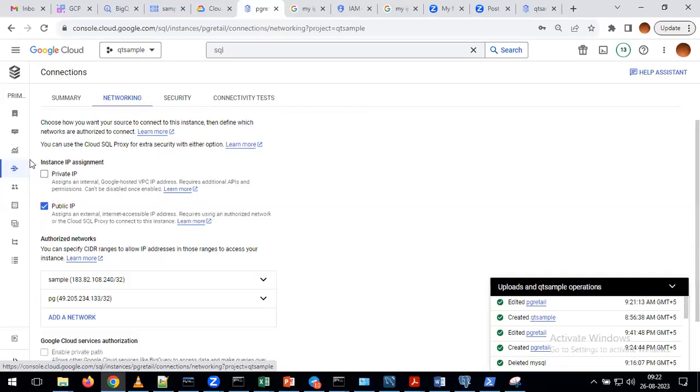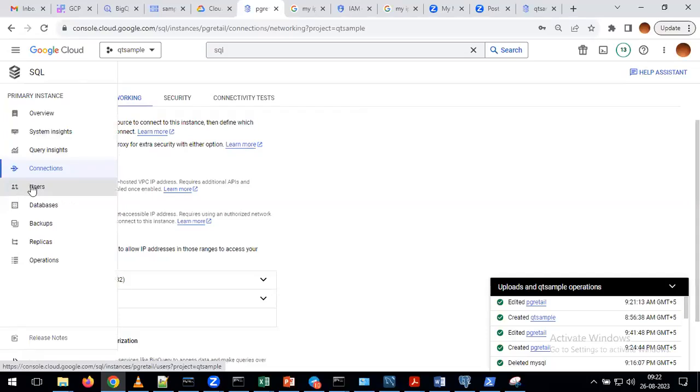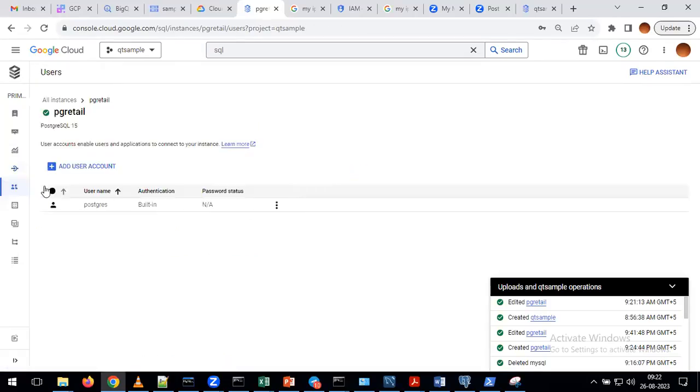Just observe here. One more step we have to perform. On the left side, you can see the option called Users. Earlier we clicked on Connections. Now please click on Users. Below the Connections, you can see the option called Users. Please click on that. Sir, I'm getting that the IP address is already taken. The invalid request says the IP address is already automatically included in the network, authorized, might be by Google. So you can ignore that. No need to perform that activity.